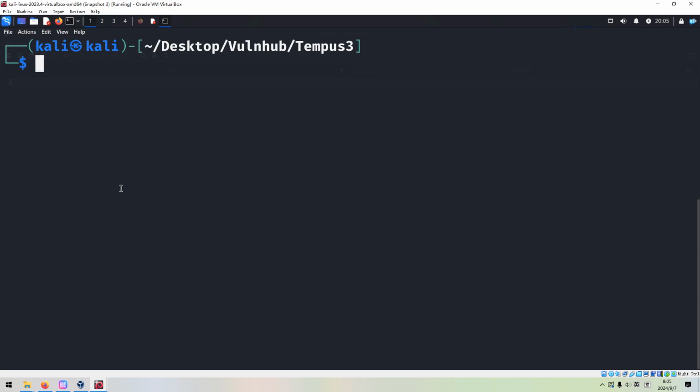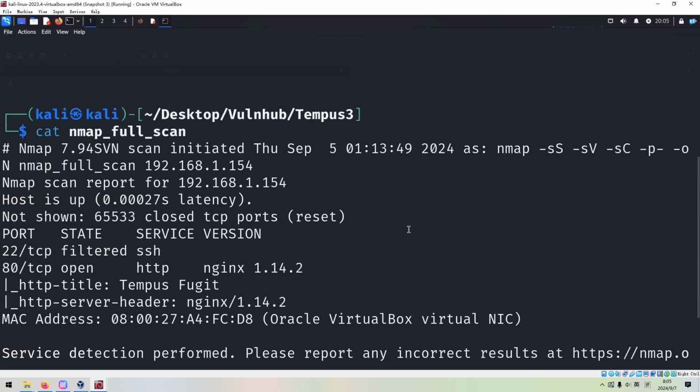Of course, we need to do the port and service scanning with Nmap. To save time in this video, I've already completed it before, so for now we just get out its result. As you can see, I used the options -sS, -sV, -sC (default script scan), followed by -p- to do the full range port scan, and the last option is -oN to output the result into this file.